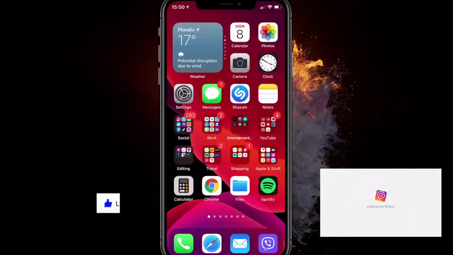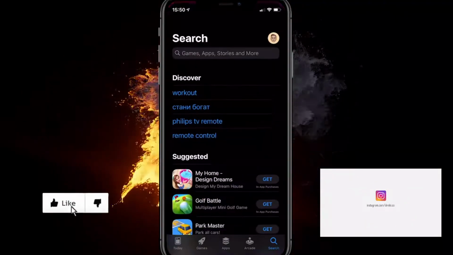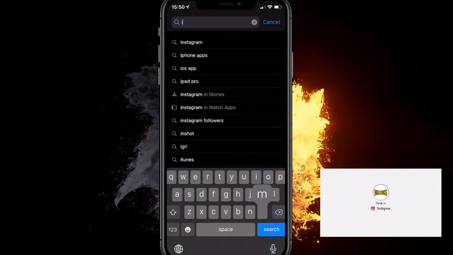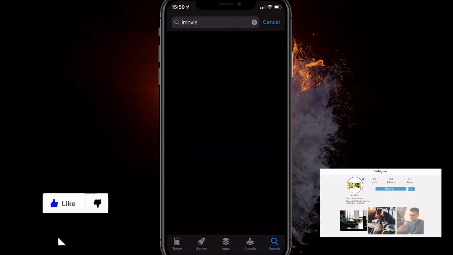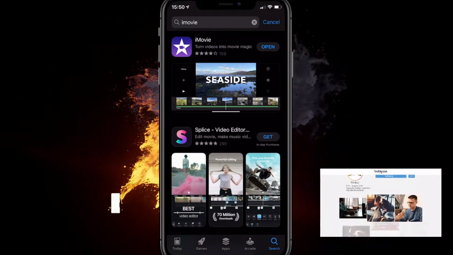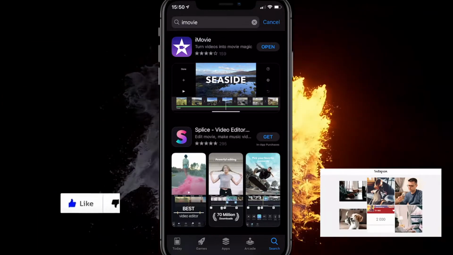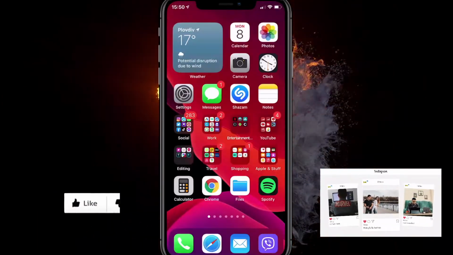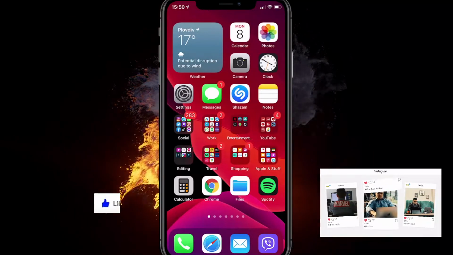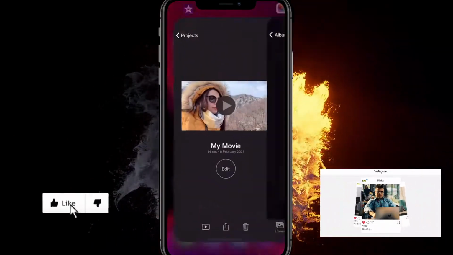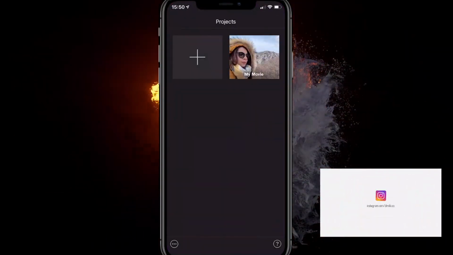So the first thing you want to do is make sure you have iMovie. If you don't, just go in the App Store, type in iMovie and install it. I did it because I uninstalled it at the beginning when I got my iPhone because it took a few gigabytes. So what you want to do is actually go on iMovie and create a new project by clicking the